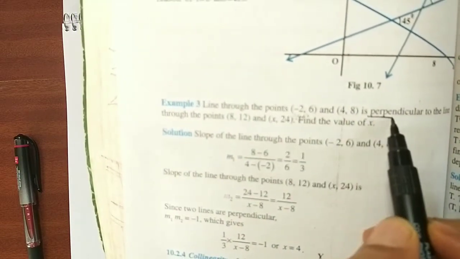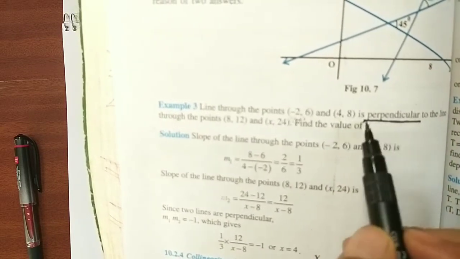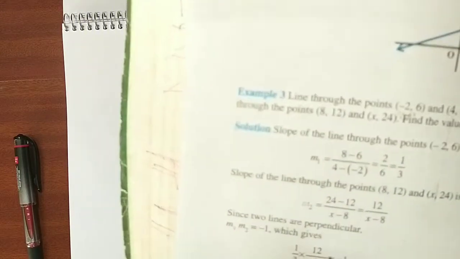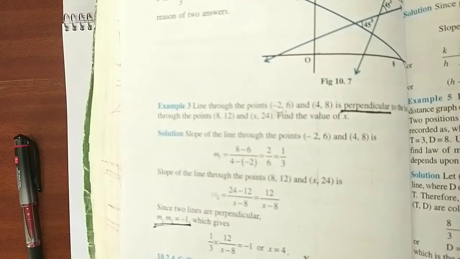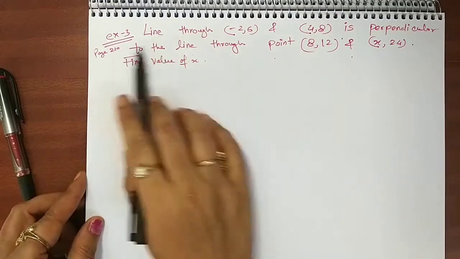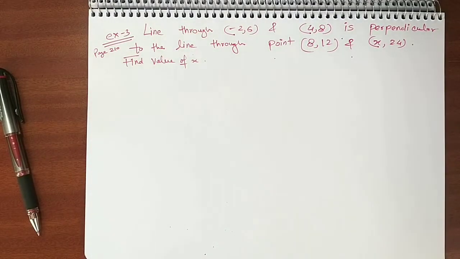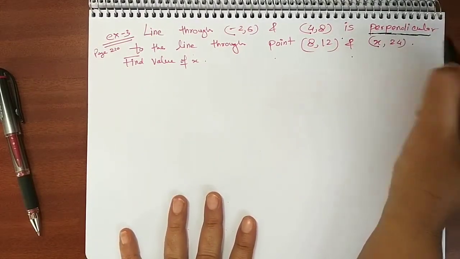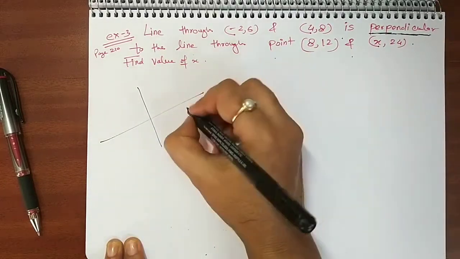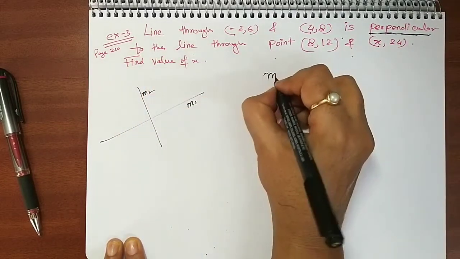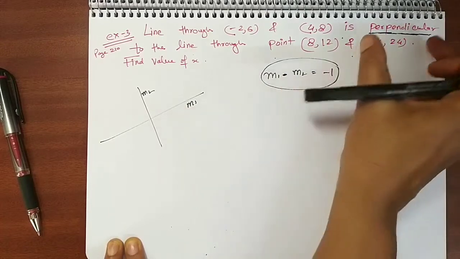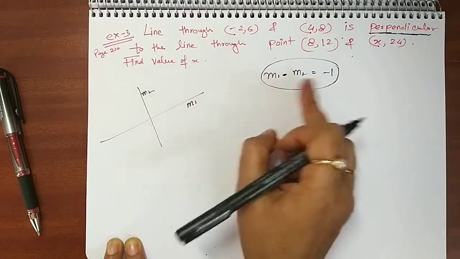So remember, perpendicular is a very useful word for us because we know a condition for perpendicular. What is that condition? That the product of the slopes should be minus 1, which is given here. Okay, so let me solve it for you guys. So here is example 3 on page number 210. So I told you perpendicular is the keyword here because we know one condition. If two lines are perpendicular, with slopes m1 and m2, the condition is m1 into m2 should be minus 1. This is a very important condition for perpendicular, right? The product of the slopes is minus 1.